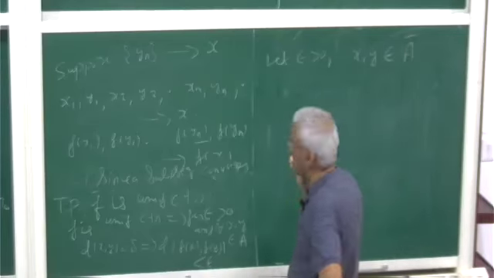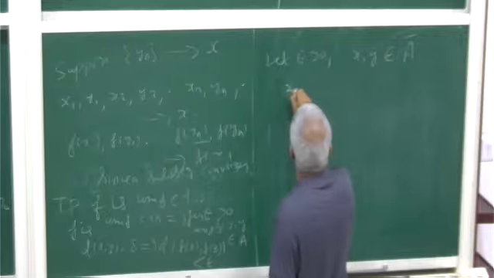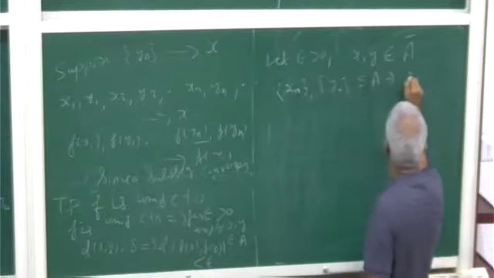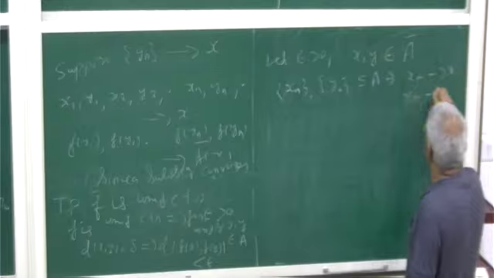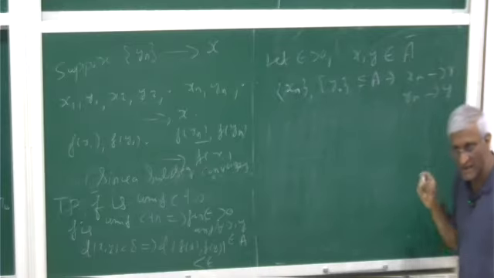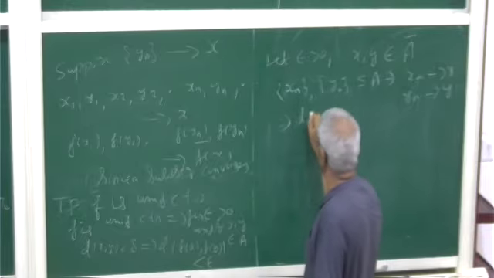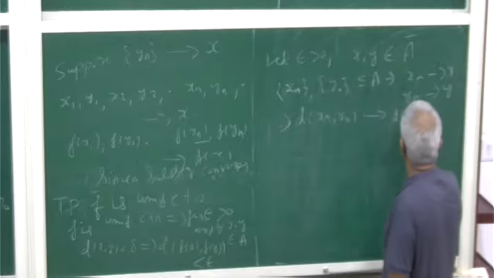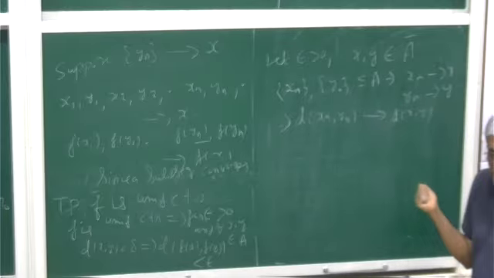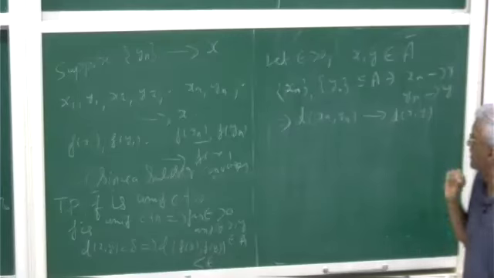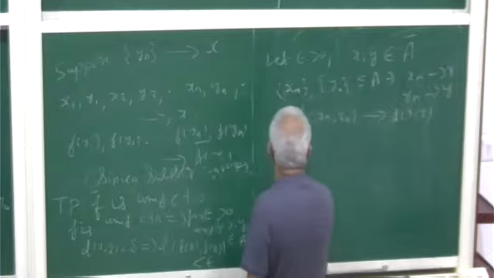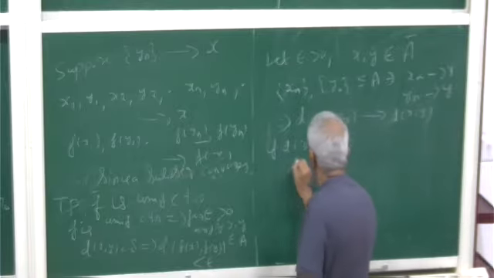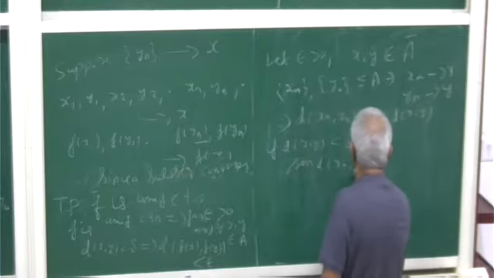Okay. x, y in A bar and xn, yn both contained in A such that xn converges to x and yn converges to y, because they are in A bar. Then we know we have already proved the metric is continuous. So d of xn, yn will converge to d of xy. Now, if d of xy is less than delta, then d of xn, yn